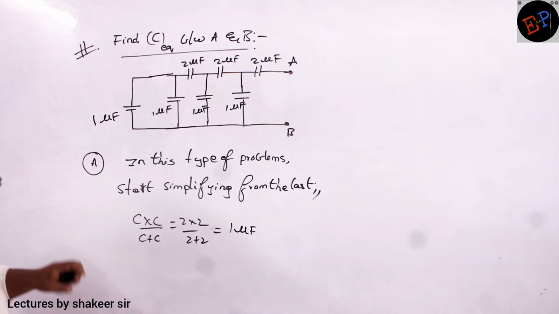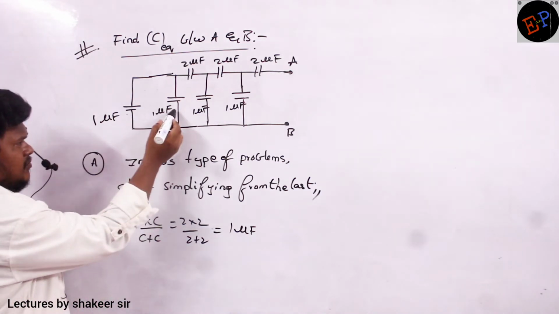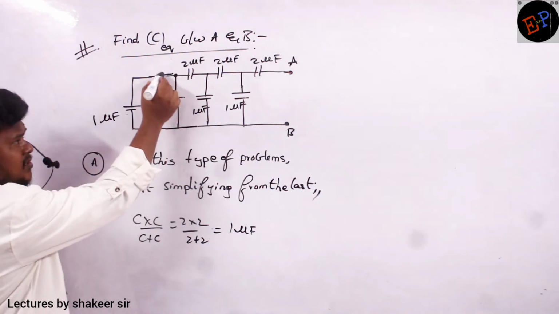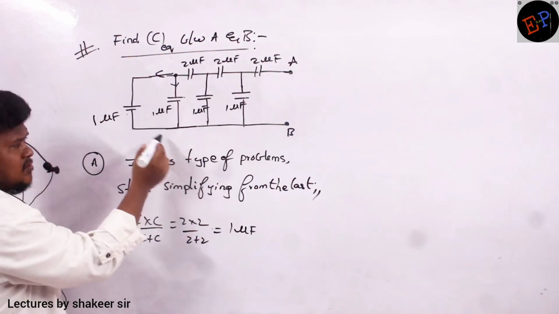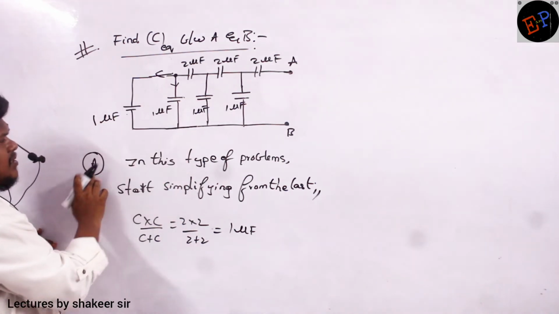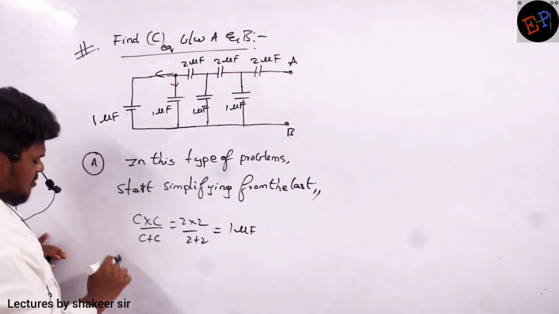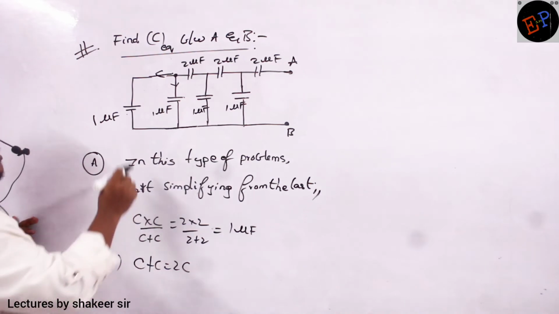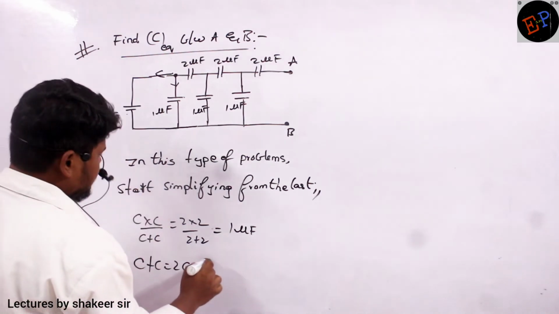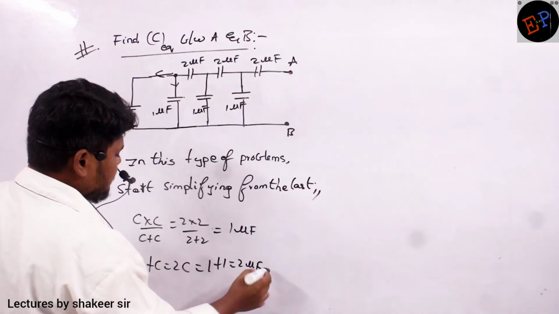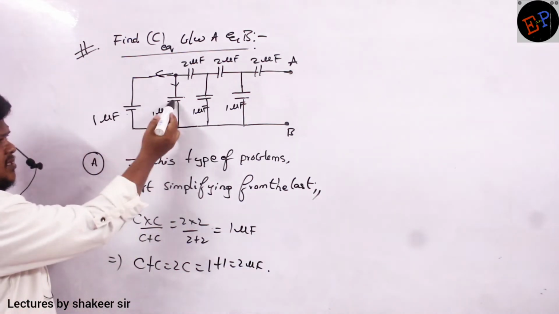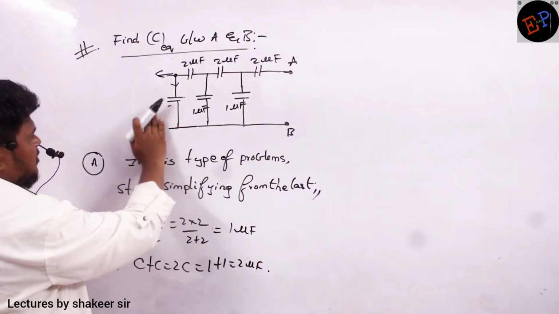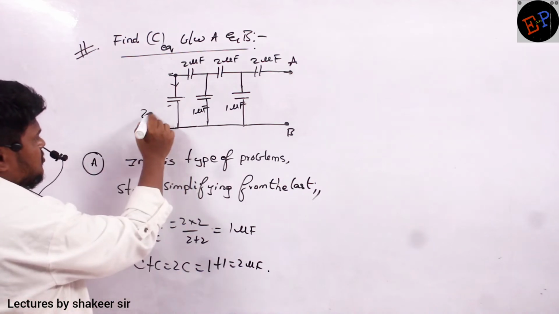That's it. Clear, no? Now if you see here, 1 microfarad and 1 microfarad are in parallel connection. For example, the charge which reaches here gets divided into 2 branches, so definitely these two are in parallel. If these two are in parallel, what is the method of finding the equivalent capacitance? C plus C is 2C. So 1 plus 1 is 2 microfarads. So instead of these two capacitors, I can write a single capacitor once again, with value 2 microfarads.